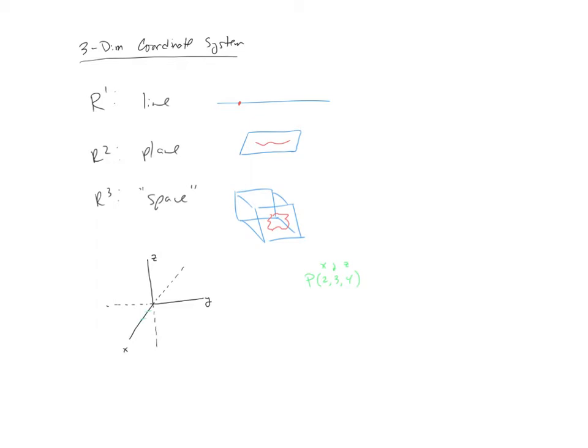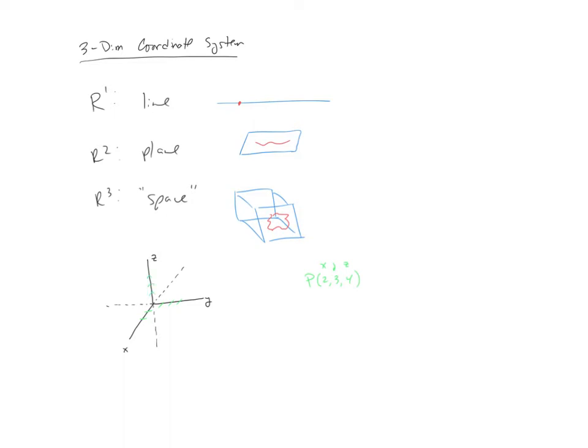Notice how my tick marks on the X-axis are going to be parallel to the Y-axis. For the Y, it's going to be a positive 3, so 1, 2, 3, and once again, those tick marks are parallel with the X-axis. And then for Z, to move up 4 units, these tick marks are going to actually look like this: 1,